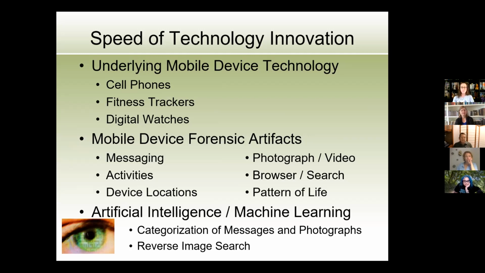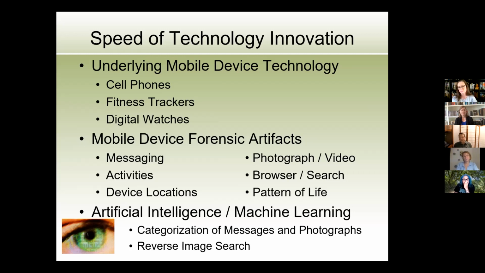Messaging is huge. We also can get activities, right? The steps you take, the distance you walk, and the flights of stairs you climb. We can even get more medical information now, like pulse and heart rate. And the device locations I mentioned before, the GPS, which is very precise latitude and longitude data. Photographs and videos are huge. Because the capacity of the devices is so much bigger now, we can get literally tens and hundreds of thousands of photographs. If I get a big smartphone, it's going to have 500,000 photos and videos for sure.